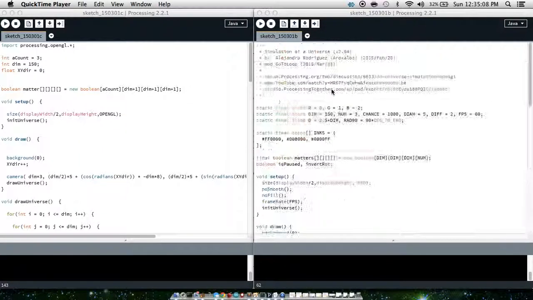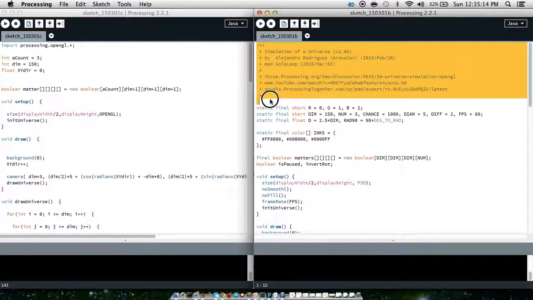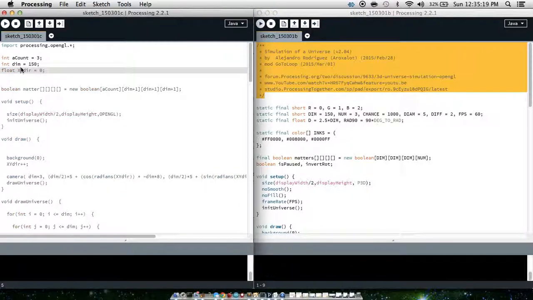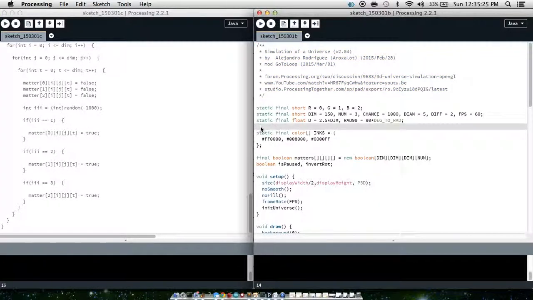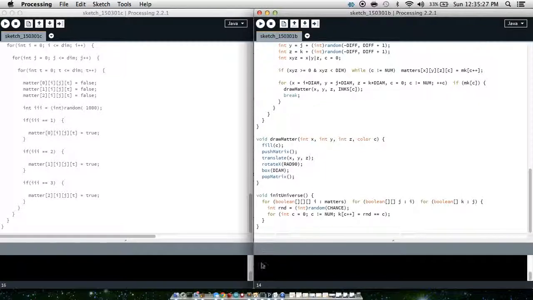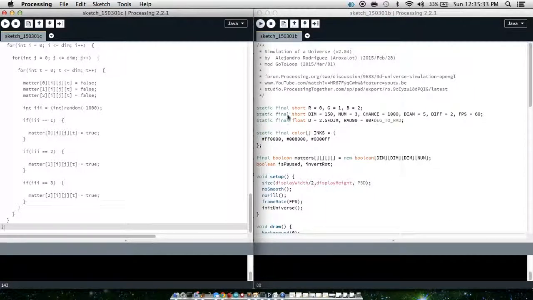So this here was some contributed code to my simulation of the universe, and I'm going to run them both. There's some code differences, and this one is a bit faster, and it also runs in 88 lines of code versus 143. It was made by GoToLoop,